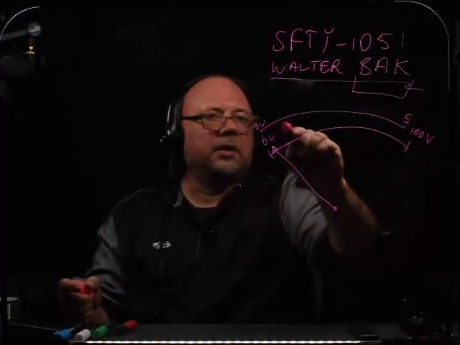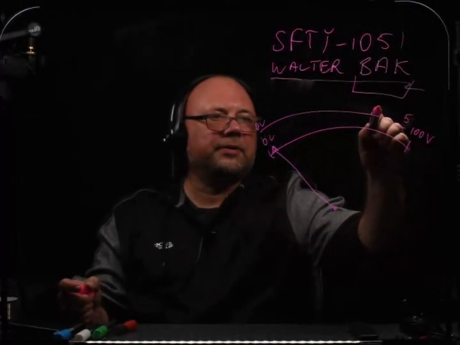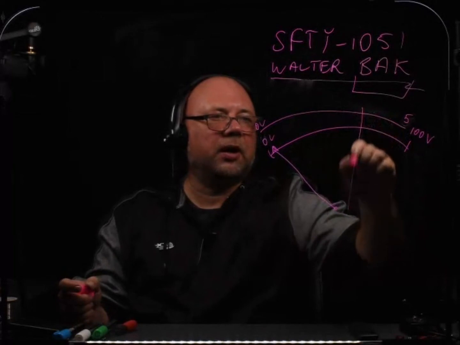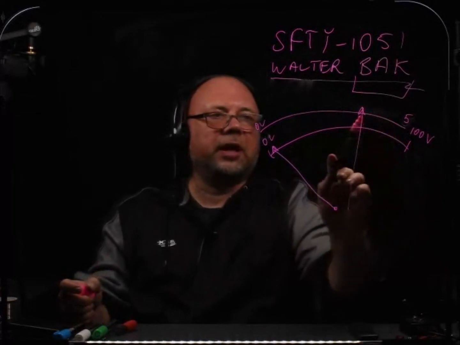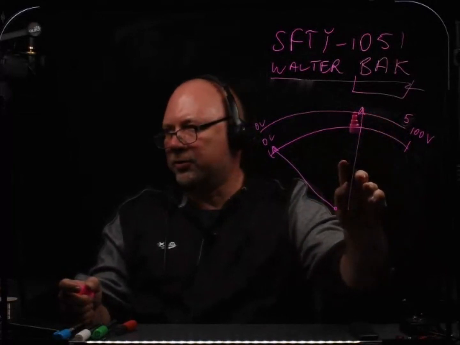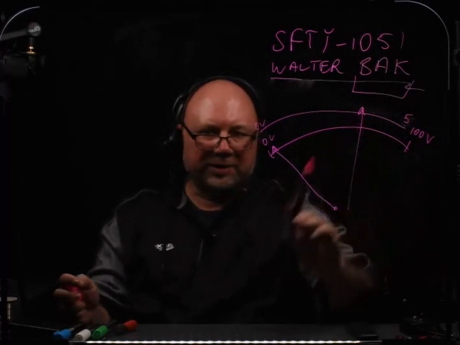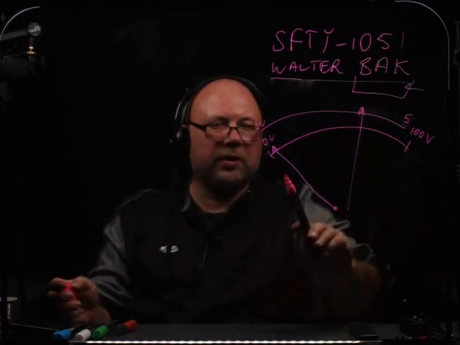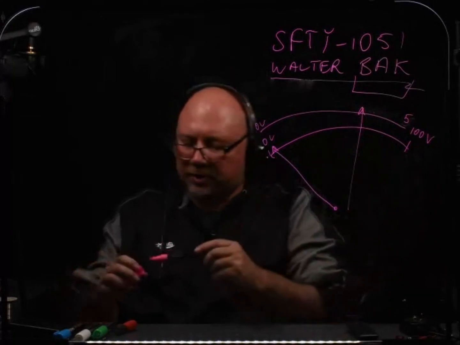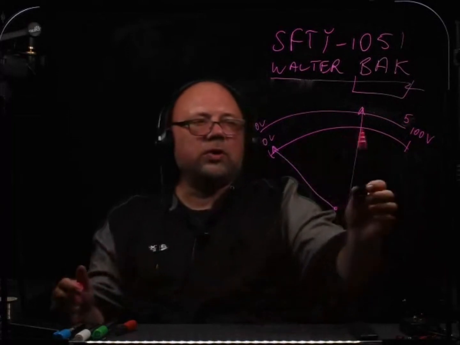Then the needle is going to bend somewhere here. This way, you will be able to tell whether it's 3.5 volts or 3.6 volts or something like that. Over here, you won't be able to. So that's what I mean by most accurate reading. You want to have the range.